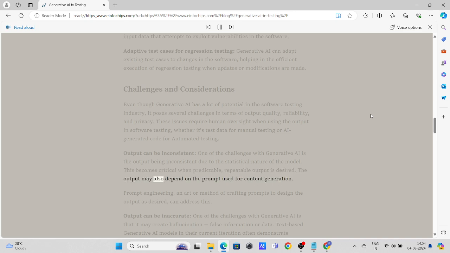The output may also depend on the prompt used for content generation. Prompt engineering, an art or method of crafting prompts to design the output as desired, can address this. Output can be inaccurate. One of the challenges with generative AI is that it may create hallucination, false information, or